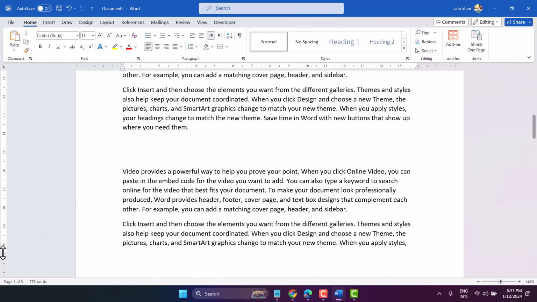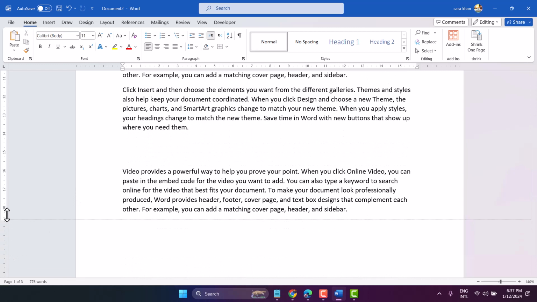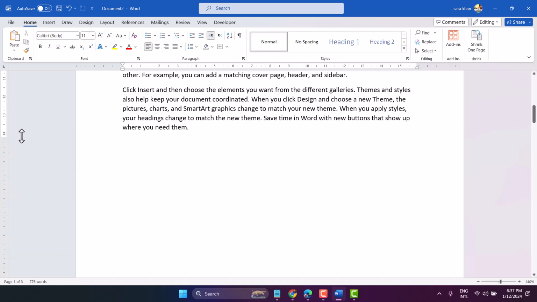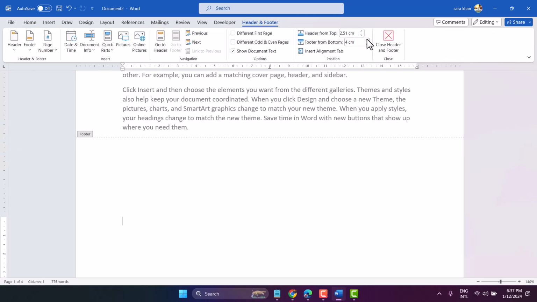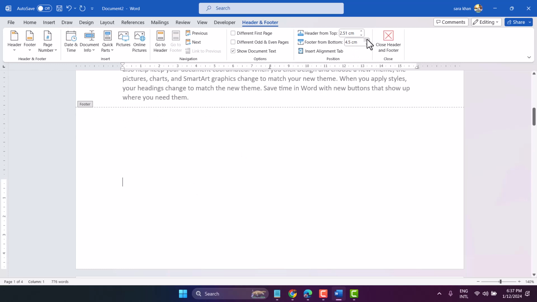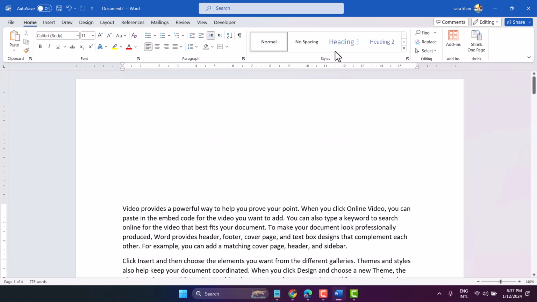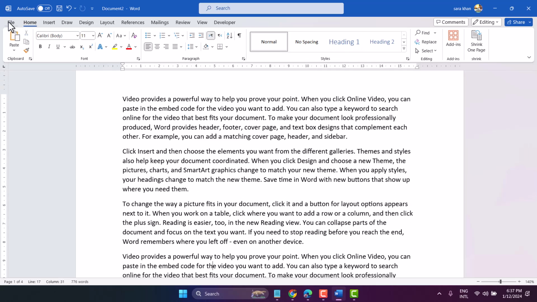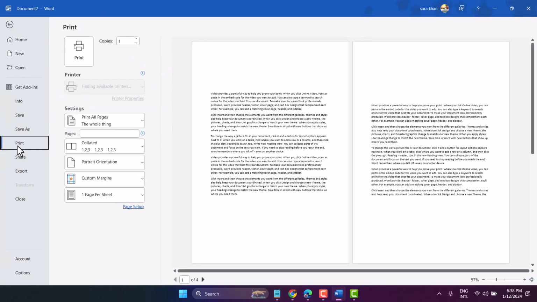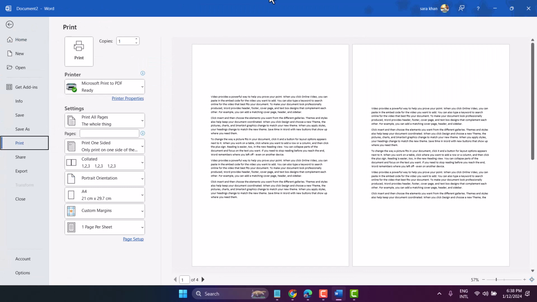So make like this. Now click in this between or close the header and footer. Now try to print. So we can see now different size for header and footer, and we can see this